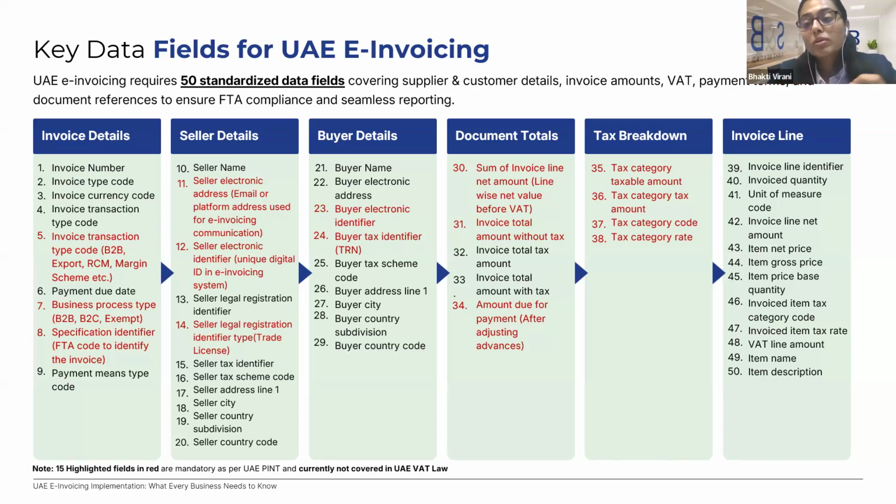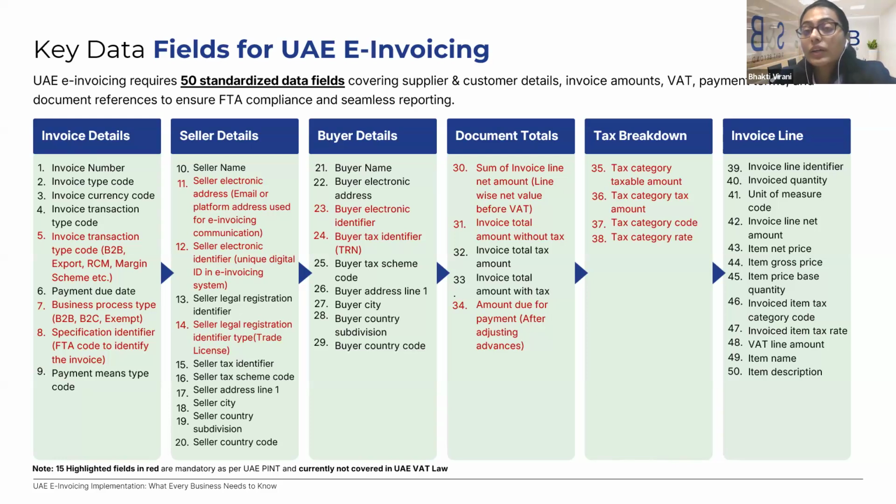Then also every seller and every buyer who is registered under the UAE tax law will have a TRN, a tax identifier. So every TRN will have a tax identifier number, and that identifier detail will have to be captured on the invoice. This identifier detail can be configured through the ASP, but we have to ensure that the final invoice captures these details. And in cases where the buyers or customers are not registered, then there'll be an additional requirement because they will not have a tax identifier number. We will be required to obtain the trade license or the commercial license details as well.